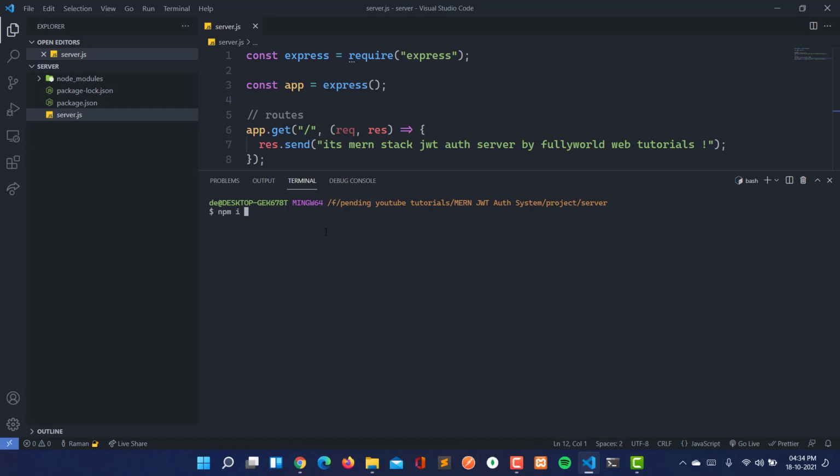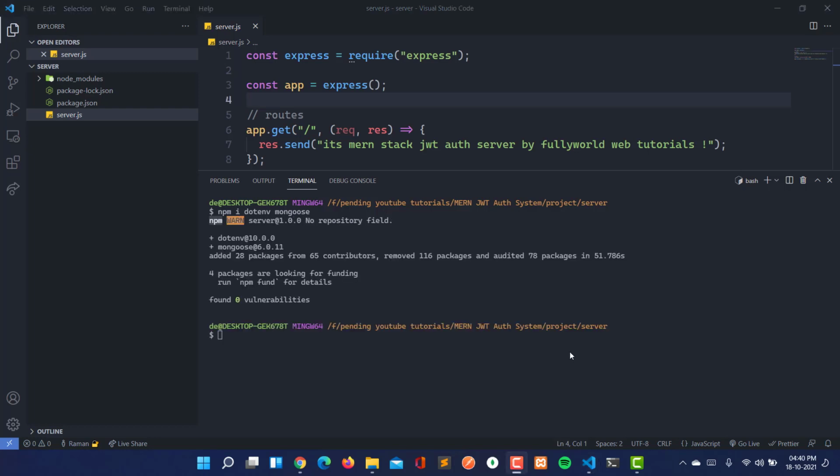If you are using yarn, then you can use yarn add. First of all we need dotenv, and then we need mongoose. These two dependencies we need here. So let's wait for them to be installed. Our dependencies are installed successfully here.